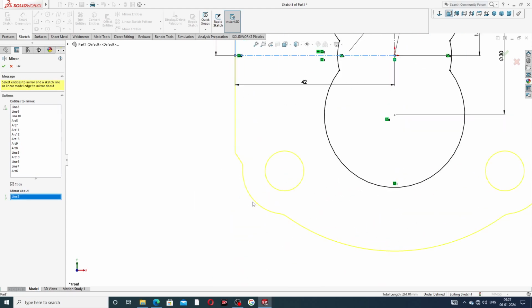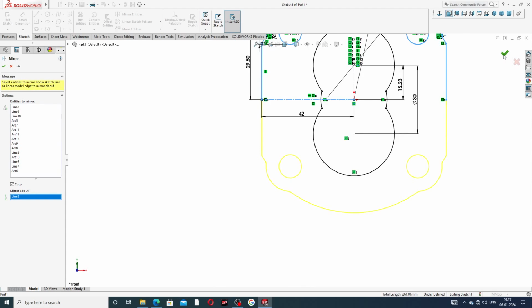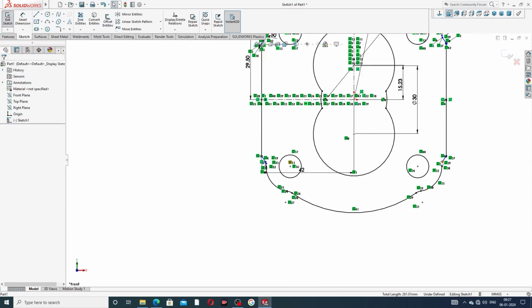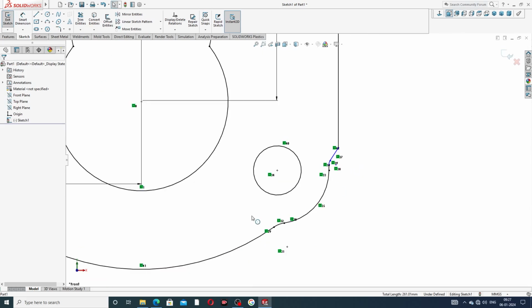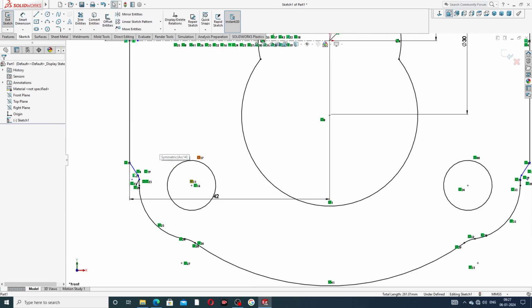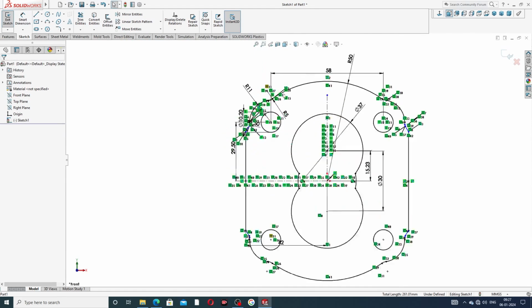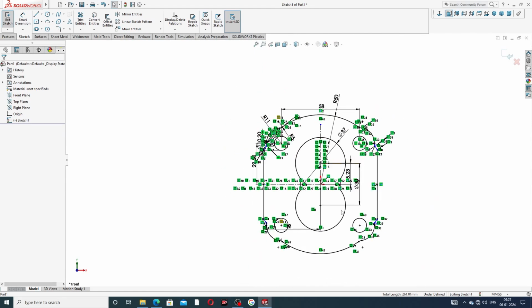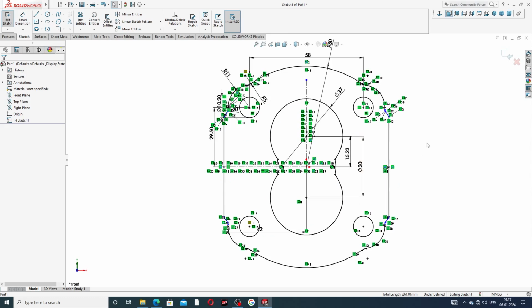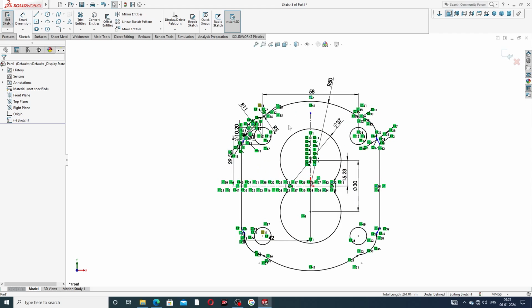Okay, all is connected here, click OK. Okay, this is not used, some line is extra. Okay, all is perfect, the drawing is perfect and correct. Okay, and this is very nice,